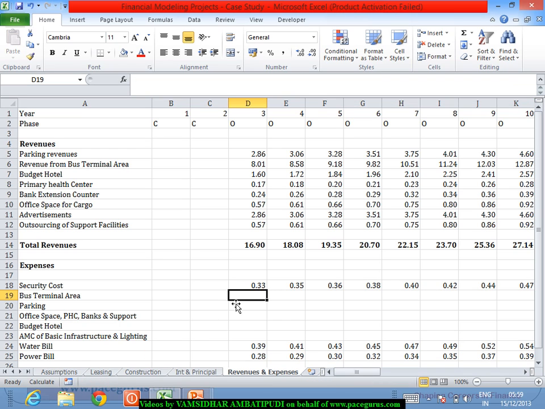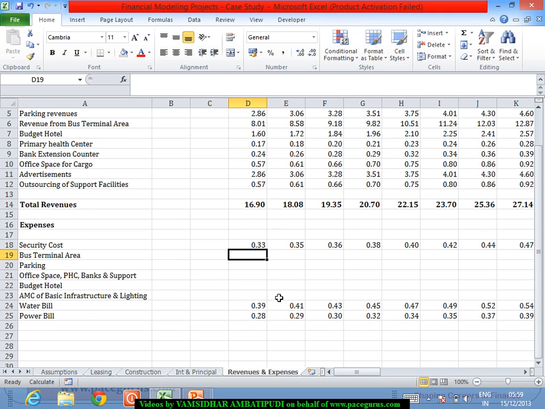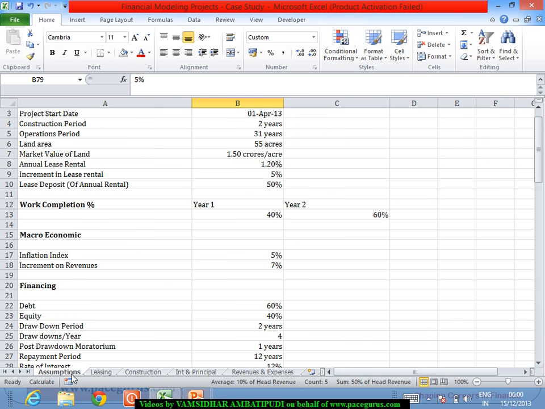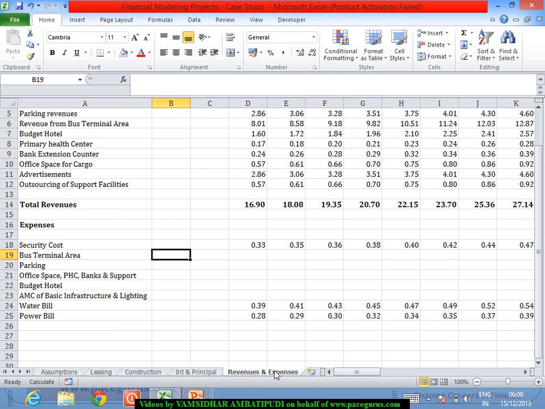So these are the costs that are associated with the security, the water bill and the power bill during the operations period. Then we are talking about the remaining things, which are the bus terminal areas and the other aspects, wherein for the first 4 of them we have bundled it as some percentage of the head revenue. So the bus terminal area cost for me is straightforward. Whatever is the bus terminal area revenue